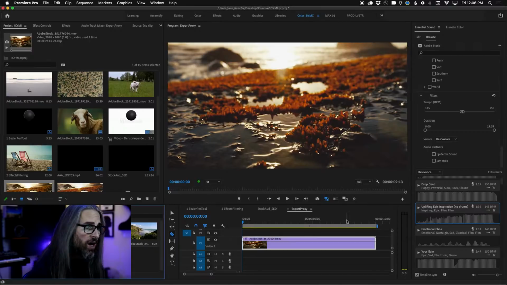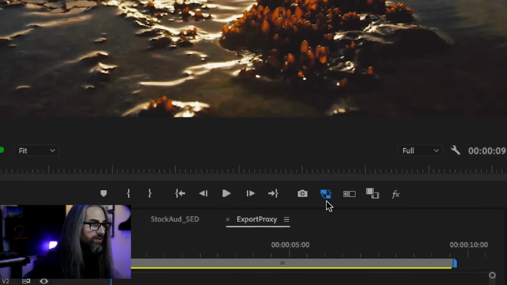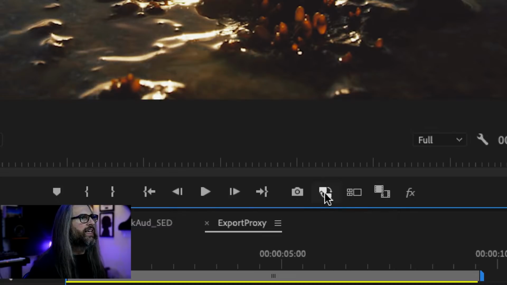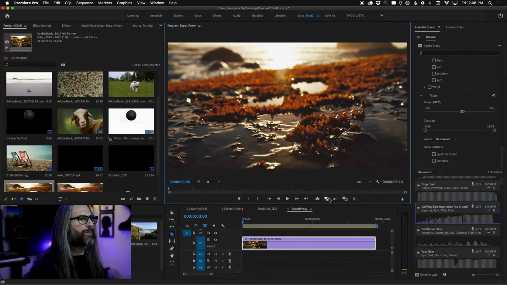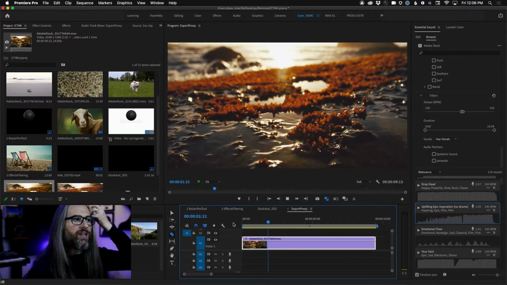Okay, so what I was getting at, long explanation here, this footage has a proxy attached to it. And this little toggle proxy button lets me see that I'm using the proxy. When it's blue, it's proxy. When it's gray, it's native media, okay? So blue is proxy, gray is native media, all right? So one of the things that you might be doing, maybe you're editing something, I'll place it. This, again, beautiful stock footage here.